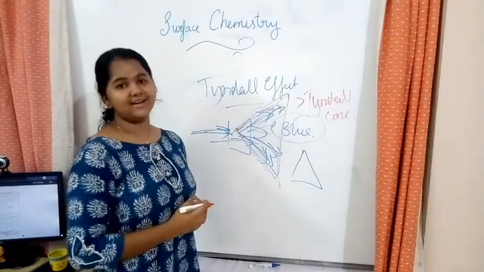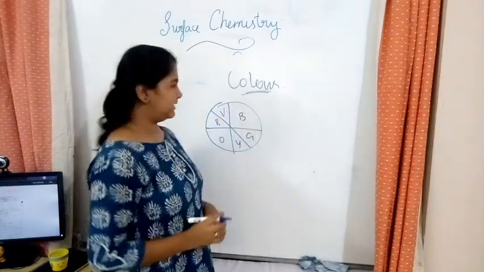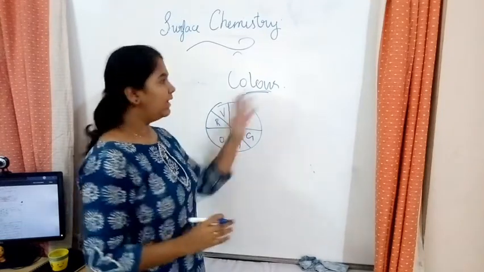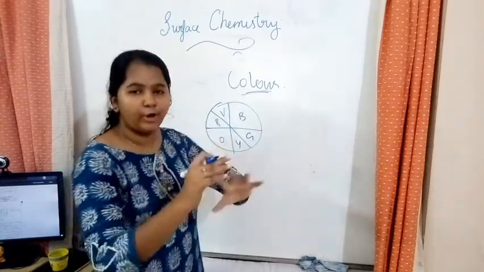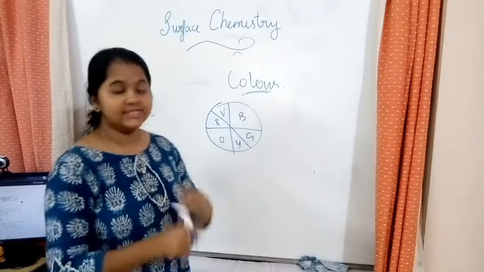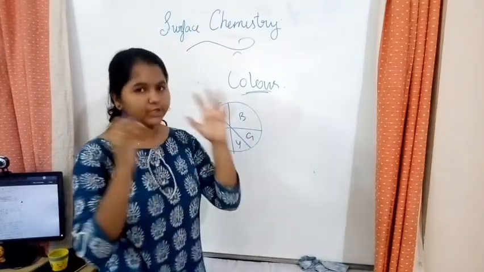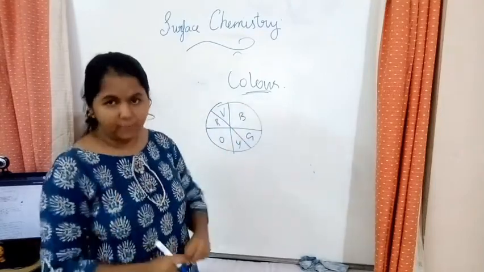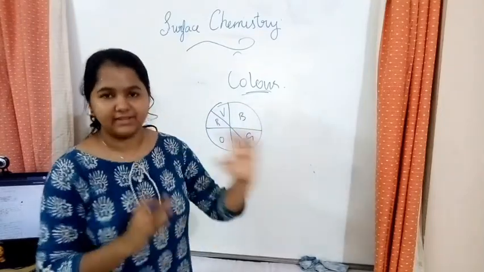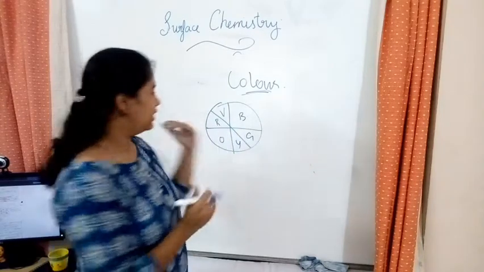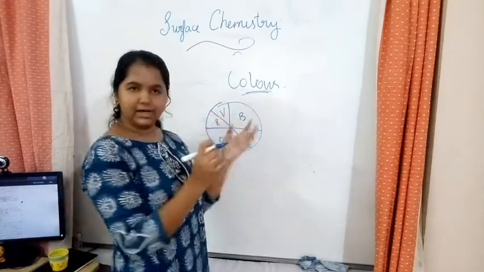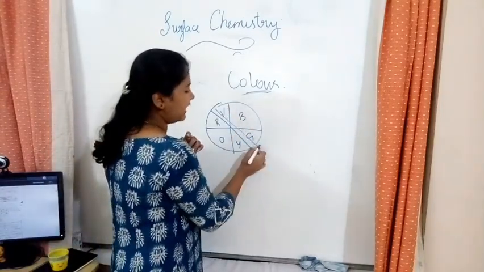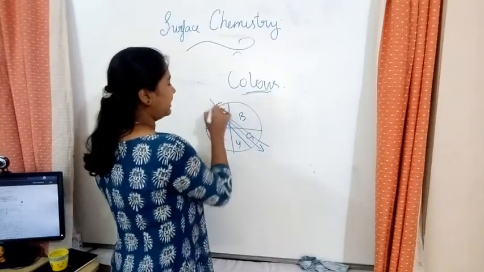Now we learn about the color. So the next property is color. To talk about color, how is the color of a colloid seen? When light falls on a colloid, that particular wavelength of light is absorbed and its complementary wavelength is emitted or reflected back. So if violet ray comes and falls, it will emit as green. If green comes and falls, it will be violet.